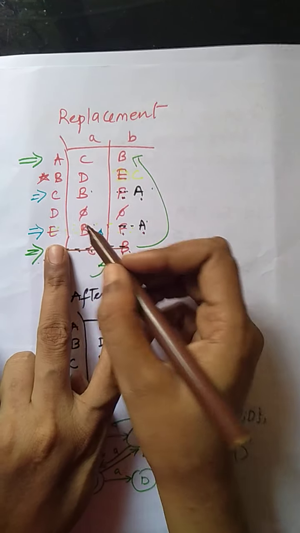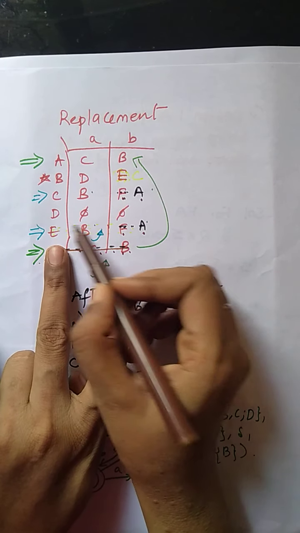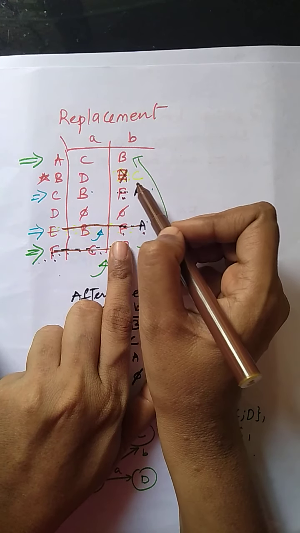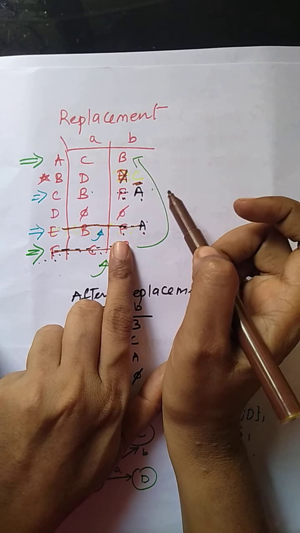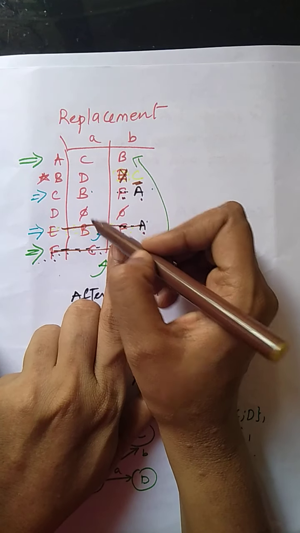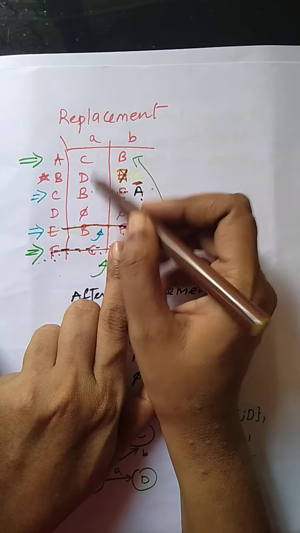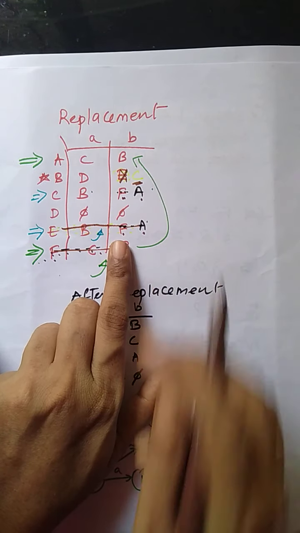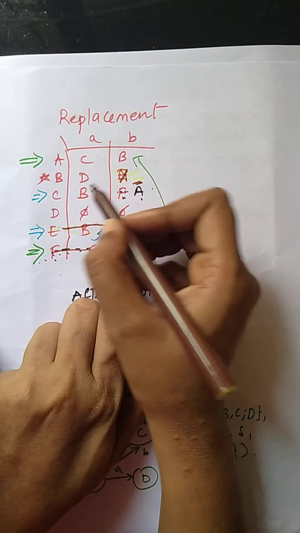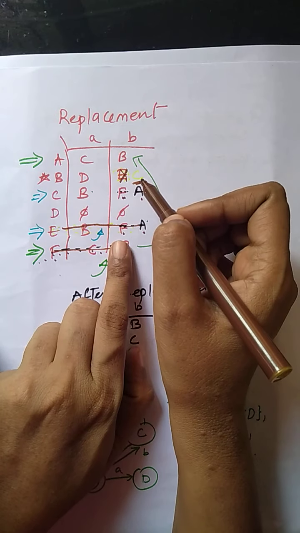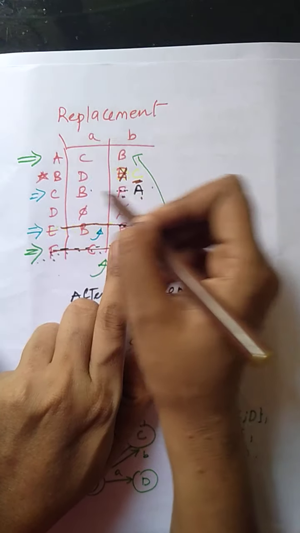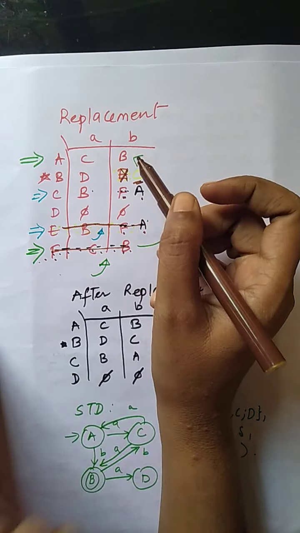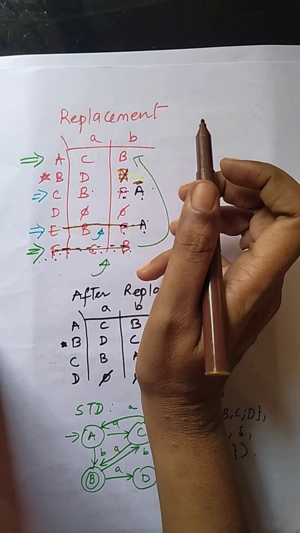What we are going to replace? We are going to remove E from our entry. Remove E from the entry. Wherever we are having E, now that will be replaced by C. That is how we have done the replacement. Now go ahead, null and null. Nothing is there with the null and entry. B and A. Nobody else in the table having the B and A entry. Go ahead and check for D and E, D and C. Nobody else is having D and C entry, and then we reach the final initial state. That means we cannot proceed further. That is our end point.